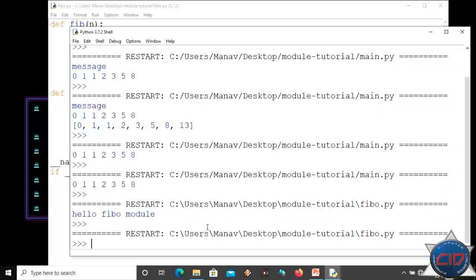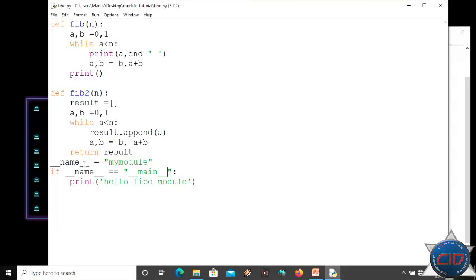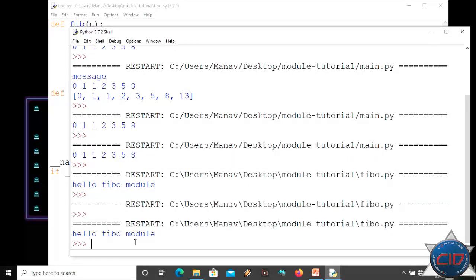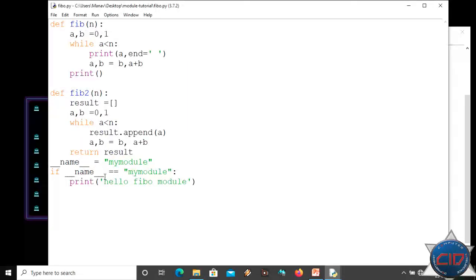As you can see, it is not outputting anything, but when we change it back to my module, then you will see that it is being changed. Let me remove this again and change the name back to __main__.